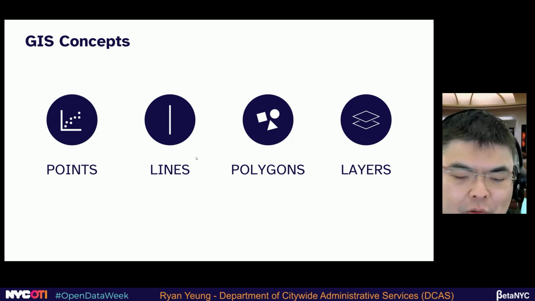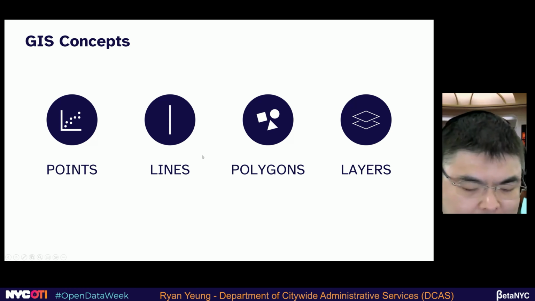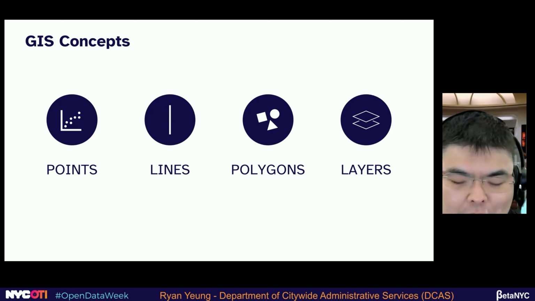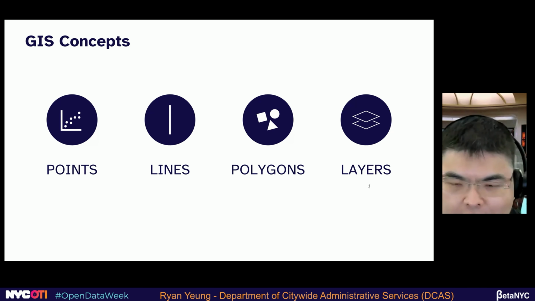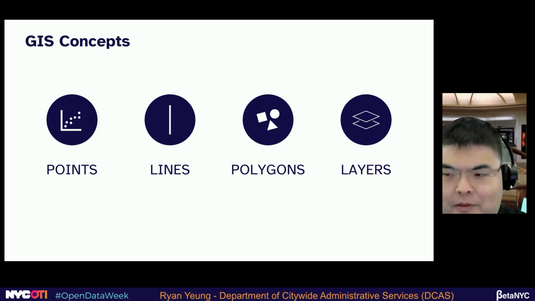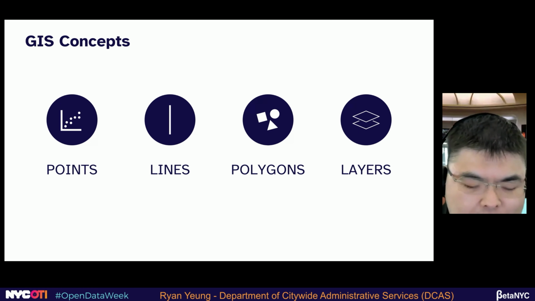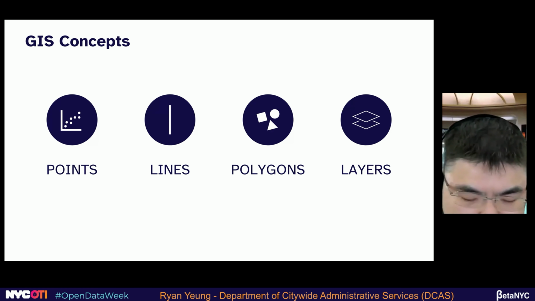All right, so the next concept is lines. Lines are collections of points or sequences of points. They connect dots together. Some of the boundaries are lines, but generally boundaries are polygons. They're like shapes because they can take on different forms. So when you connect lines together, you get a shape. And these are called polygons in GIS.